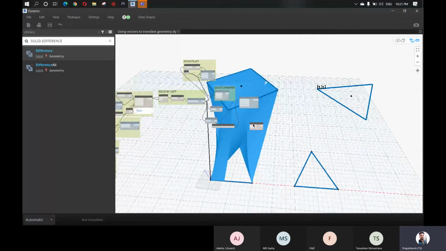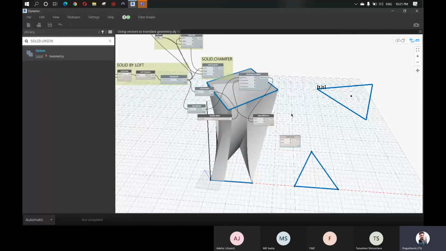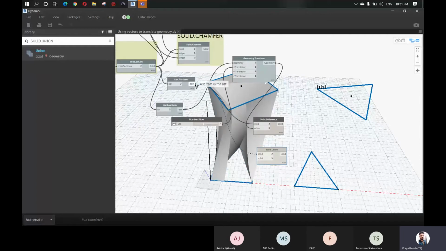Okay, next we can use a union. So we can connect this solid here.